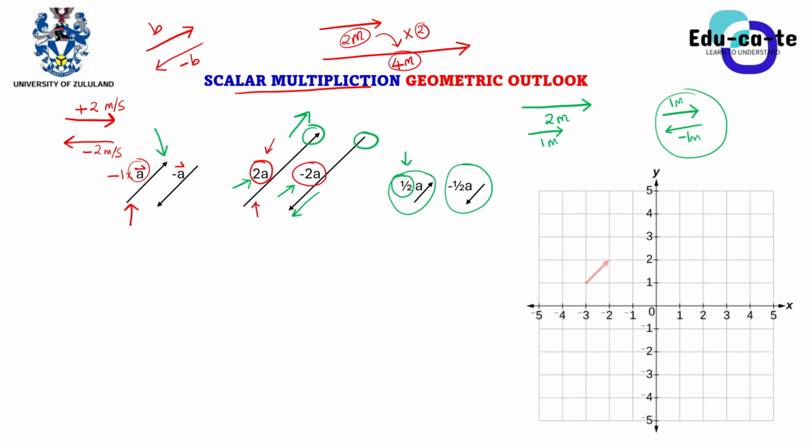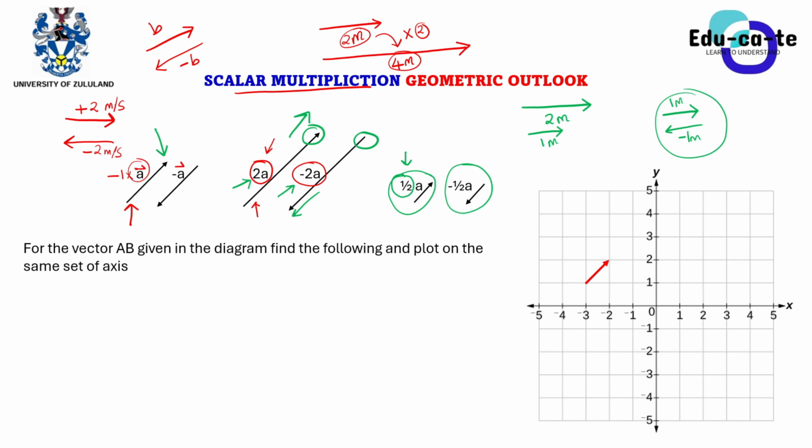Now let's take a Cartesian plane and put a vector here. I say that this is my vector, the red vector. Now the question will be: for the vector AB given in the diagram, find the following and plot them on the same set of axes. So basically this red vector is vector AB, given by the components